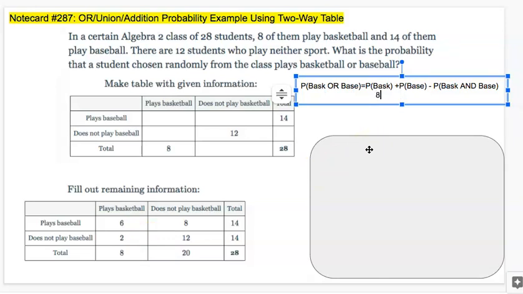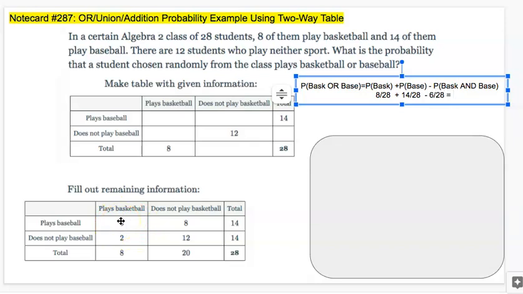8 out of 28 is the basketball probability. Plus, what's the probability they play baseball? So that's right here, 14 out of 28. But then I have to subtract off the probability that they play both, so I don't double count them. So there's 6 of them that play both. So minus 6 out of 28,